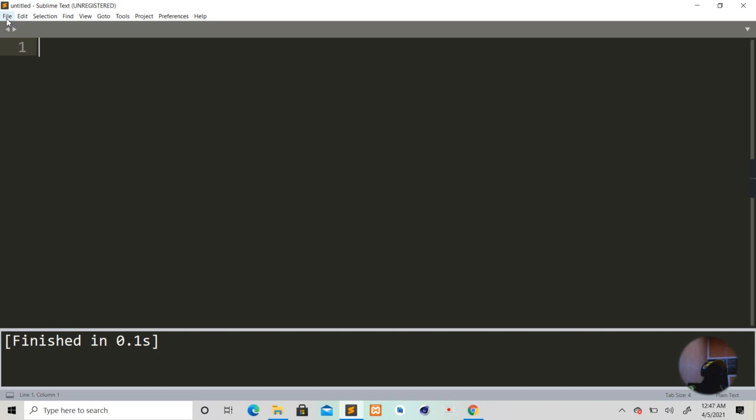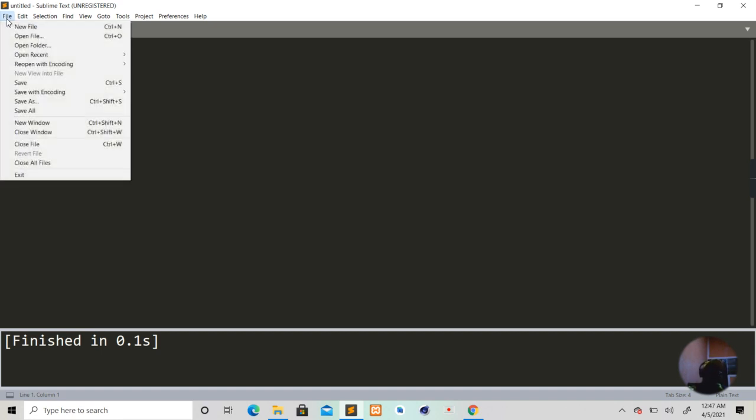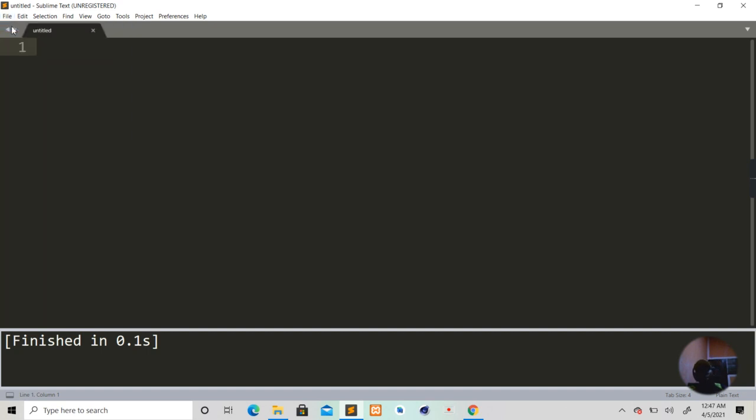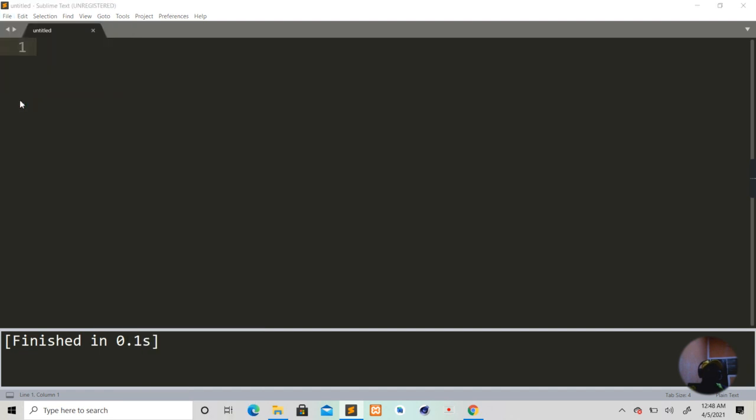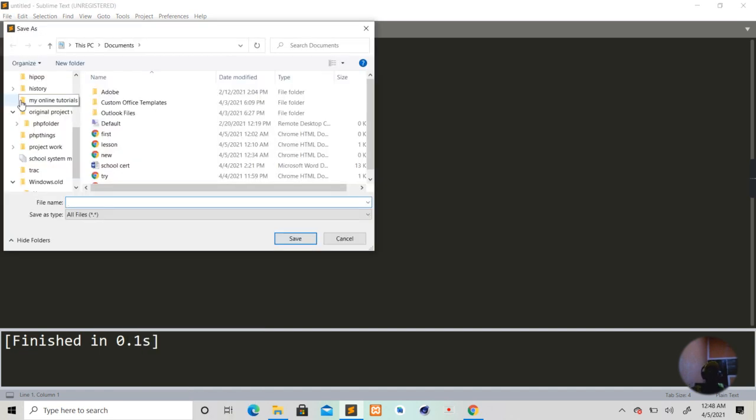Now when you move to the top left corner, you're going to see File. So you're going to click on File and click New File. Now when you click New File, Sublime Text Editor is going to tell you untitled. It means give a name to your file or document you are going to create. So you go back to File and click on Save As. You're going to find a suitable name for your document. Now I'm going to give it, let's say,